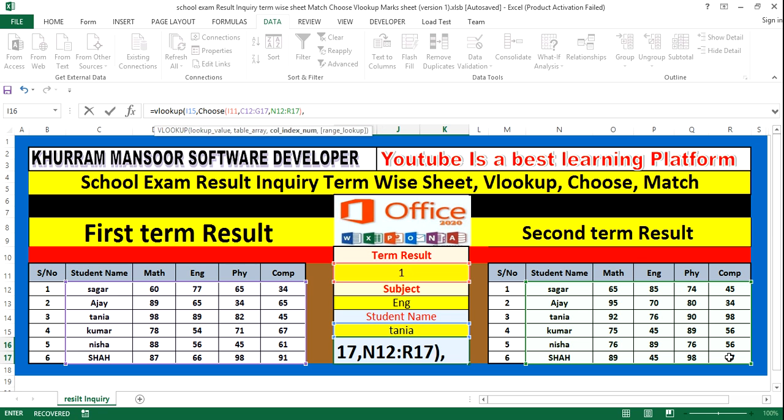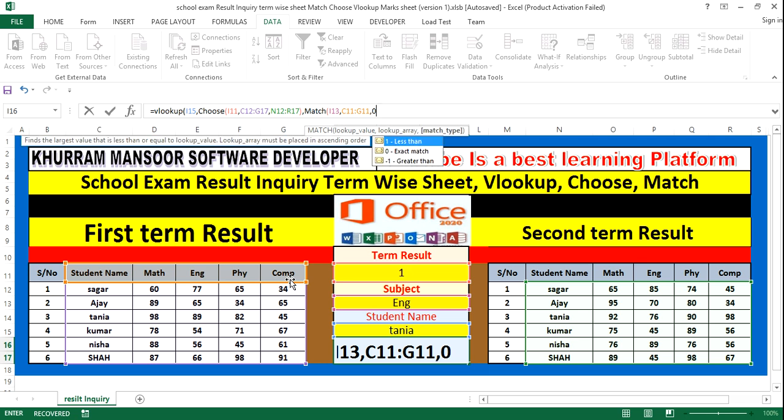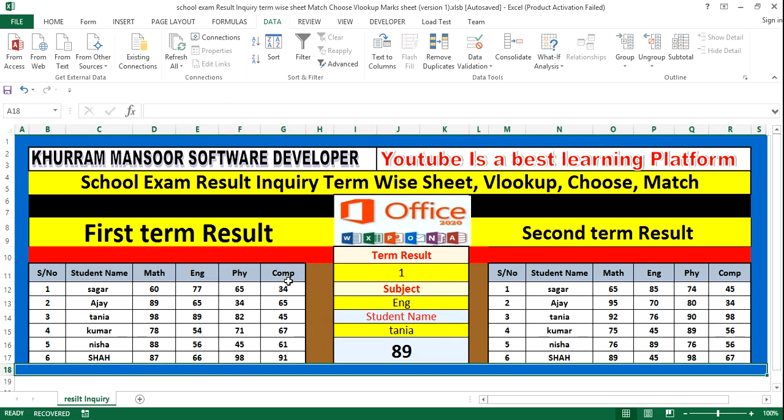After the comma we apply the MATCH formula, bracket open. The lookup value is our subjects. Comma, then we require the subjects from the student names table; select from the student name till the last. Comma 0, bracket close, one more bracket we have to close, comma 0, bracket close, and Enter.